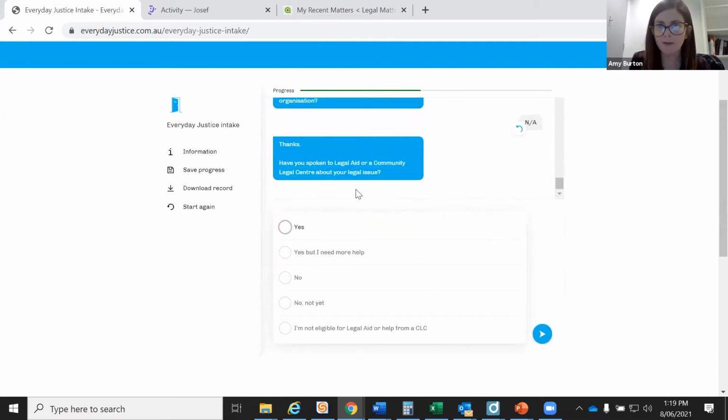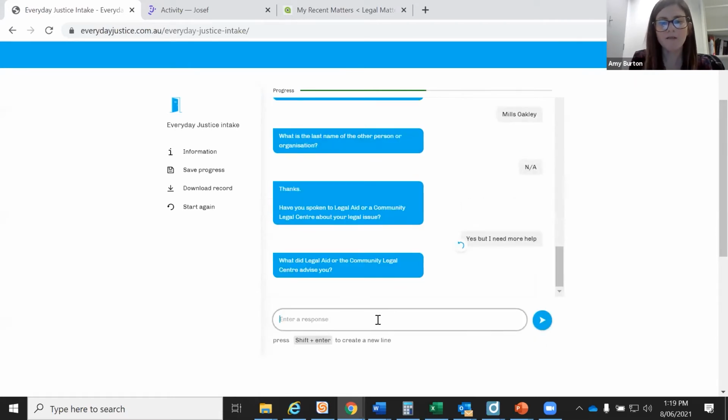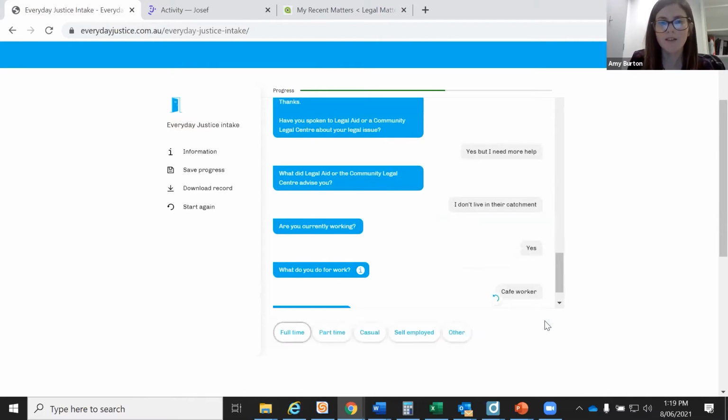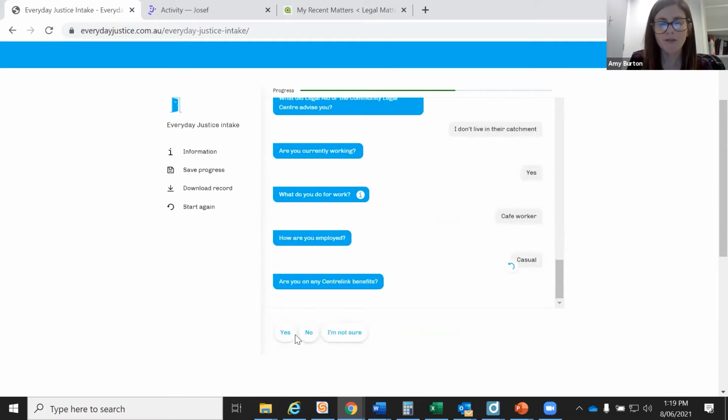Have you spoken, and this is where we screen whether clients have spoken to Legal Aid or a community legal centre, and most people are quite upfront about that. We ask them what they were told. Live in the, you know, we can just make something up. Are you currently working? So then we ask a bit about the work that they do, whether they're employed part-time or casual,